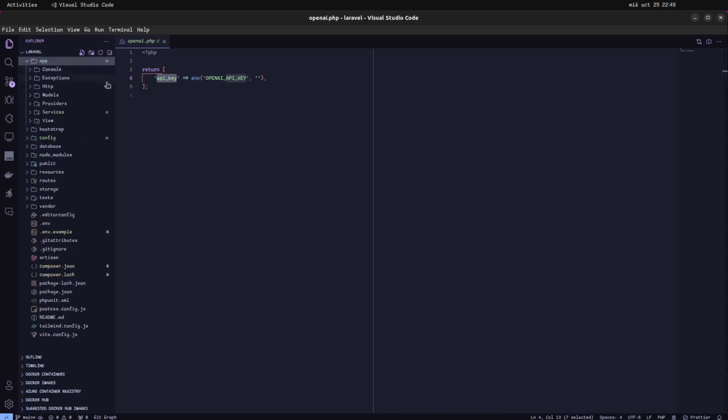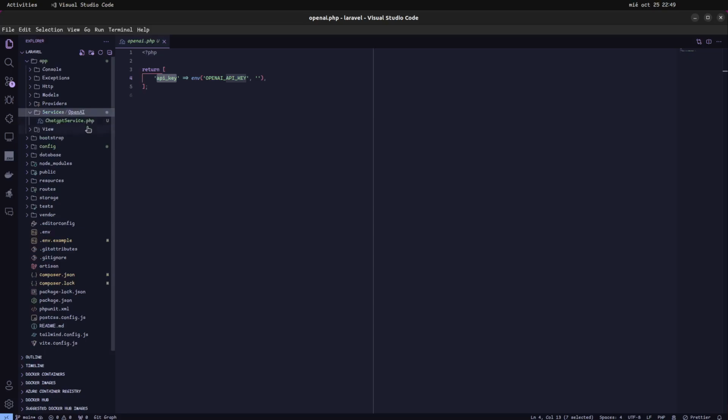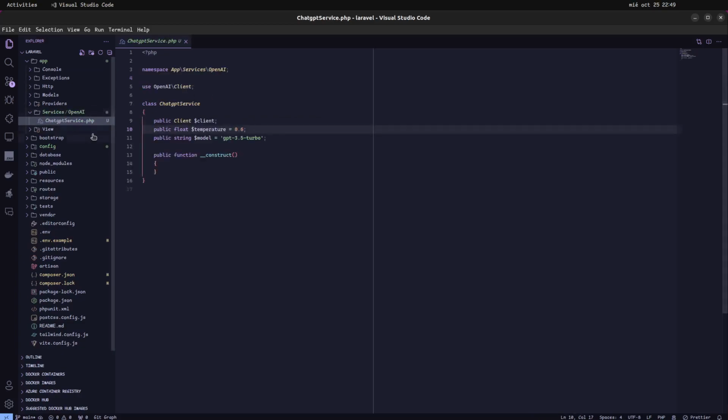And now in a folder called services, I will add a new folder called API OpenAI, and I will add a new file called Chatgpt service. Here we have different values. First, we need a client, we need a temperature, we need a model. So we will initialize the client by